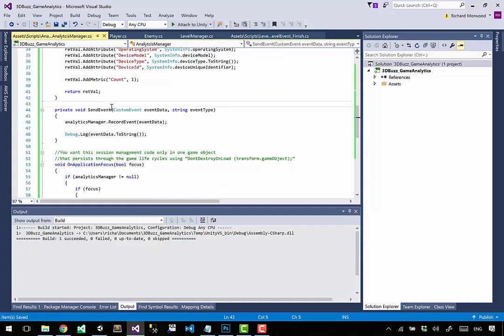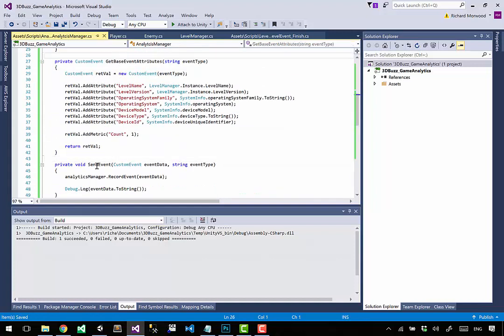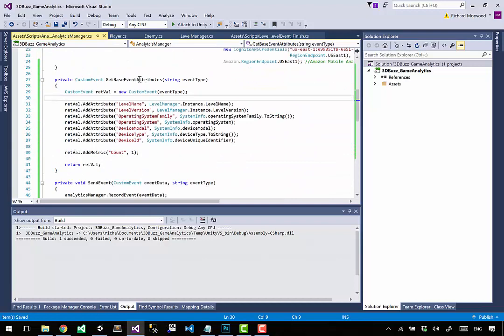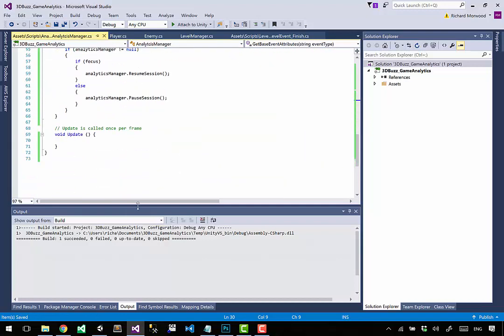So let's run. Well, now we need to actually call get base event and send event. So we're going to do that in the update method. Has this one got an update method? It should have an update method. It doesn't have an update method. There it is. If input dot get key down,